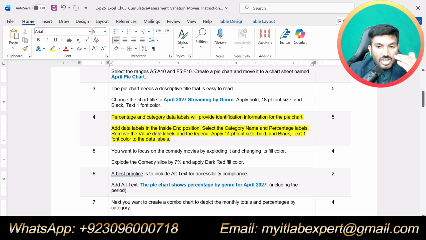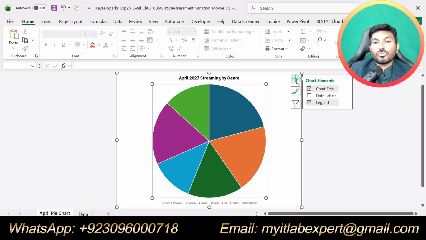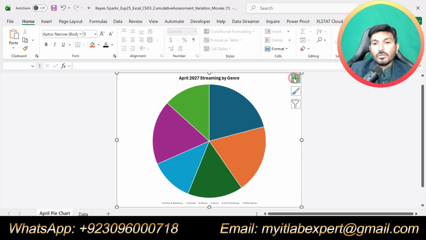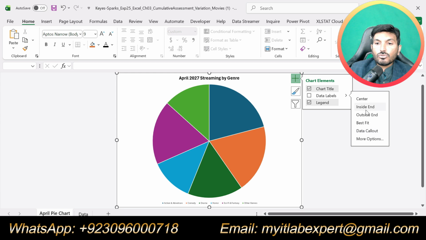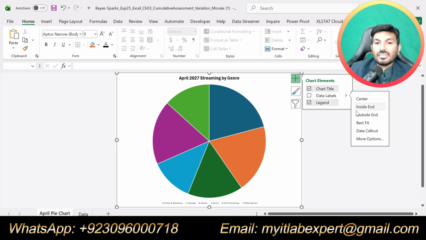Okay, so in step number 4, now we are supposed to add the data labels to the inside end position of the pie chart. So for this purpose, just go to chart elements, and from here we are supposed to add the data labels in the inside end position.